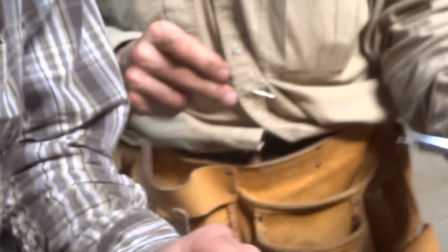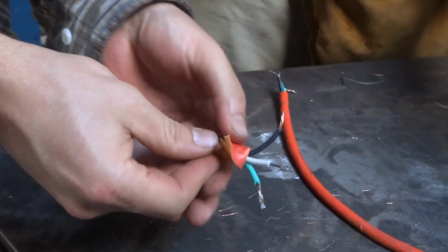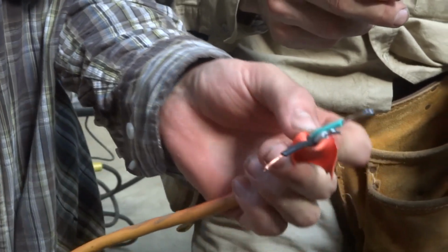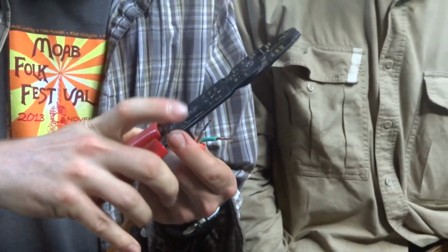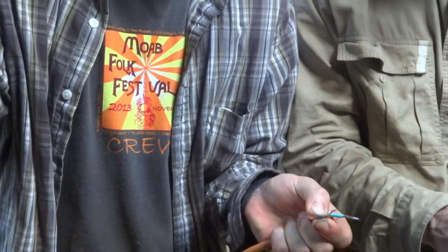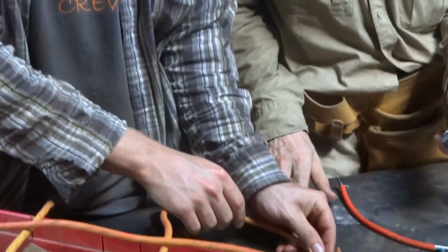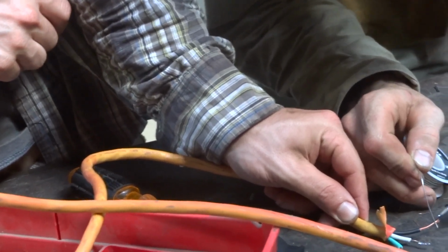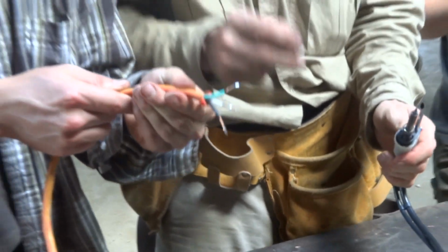Okay, that one's got to be twisted together, or just like pinch it together. Now it's going to probably be too short to wind around, so you gotta... Definitely got to be wearing glasses for that too, because you can get a spit in your eye if you fling it from the wire. Yeah, like if you just kind of spread it, that's enough to kind of hold it together on both sides. Yeah, so then now bend it. See if you can bend it with a...